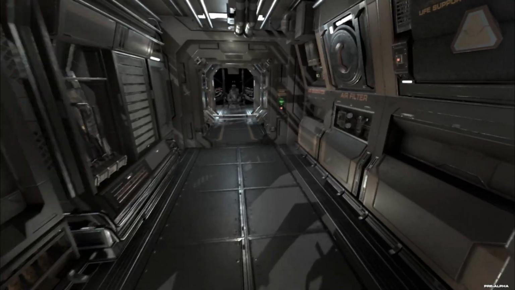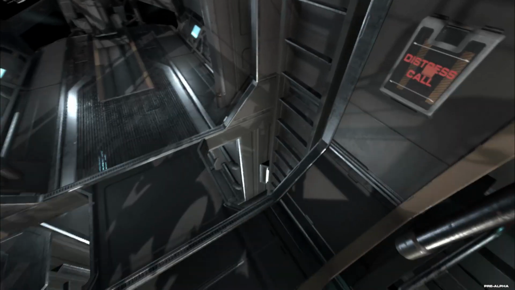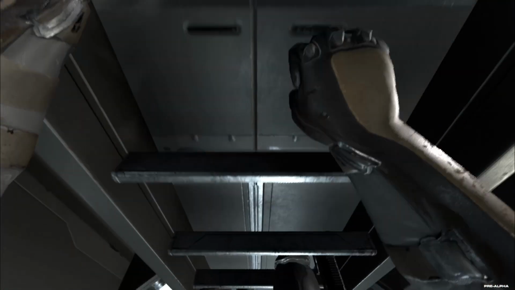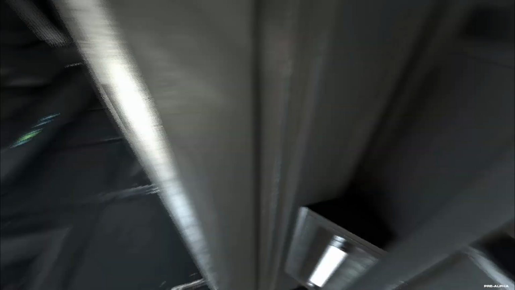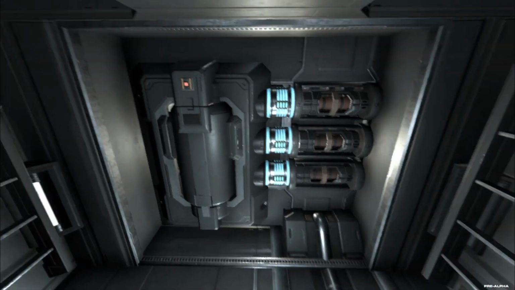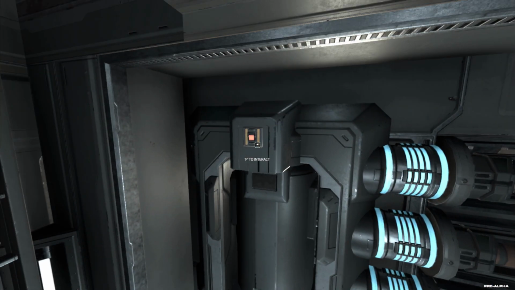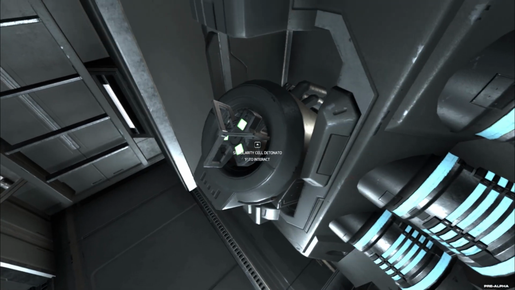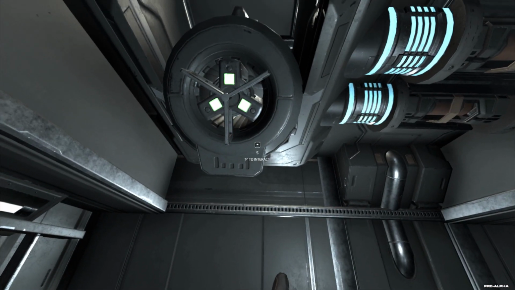Anyway, this is the ship, and we just go down here. Now you can multi-crew this if you wanted to. You can have people working, repairing parts. You know, this is going to be pretty damn nice. This is the warp drive. Cell detonator. Ah, that looks boss. Looks heavy duty. I'm just gonna...